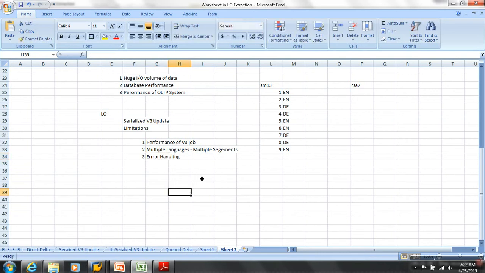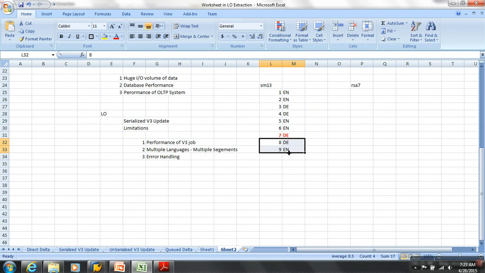Look at this. We had one more problem. Let's say I had so many LUWs like this, and let's say the posting of LUW 7 has an error. There is some problem with that posting. So now when you run the V3 job, what happens? It takes 1 to 6. Since it cannot process 7, it will not process 8 and 9 also. So we used to manually get to